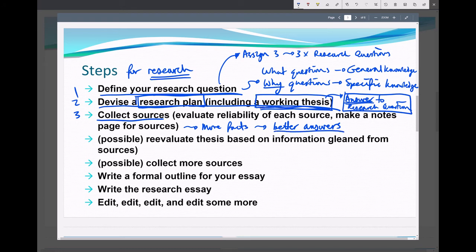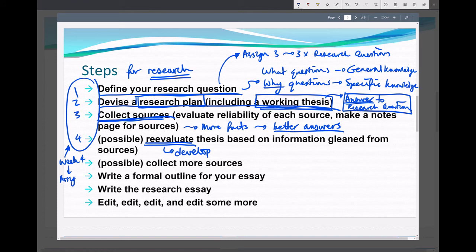So you collect the facts from the research articles, and then you develop your thesis. So these 4 steps are what we are expecting in your week 4, your assignment 3.